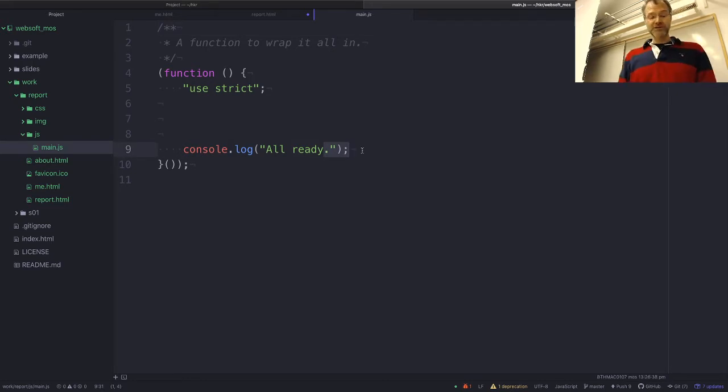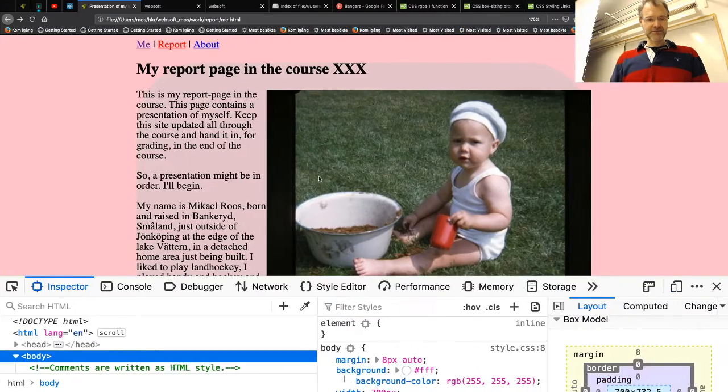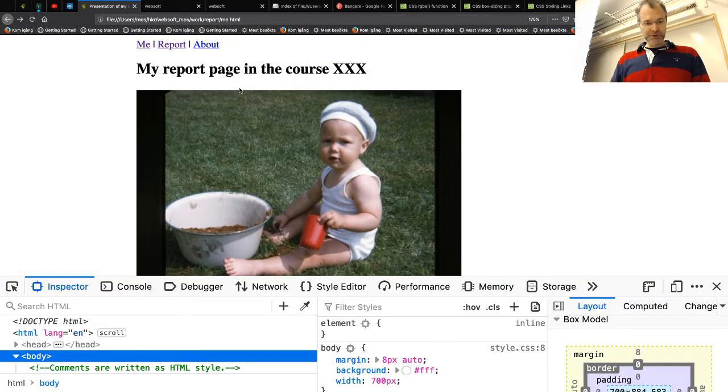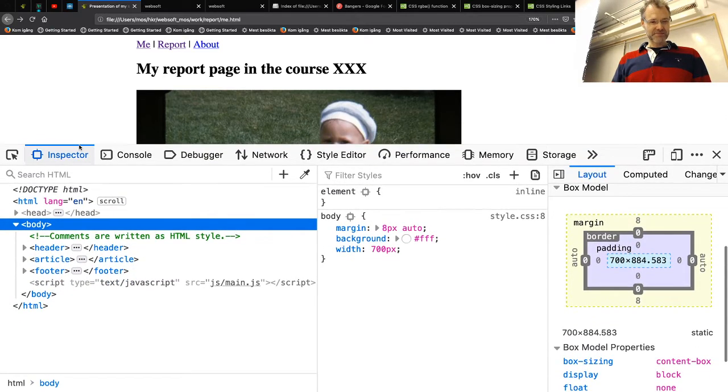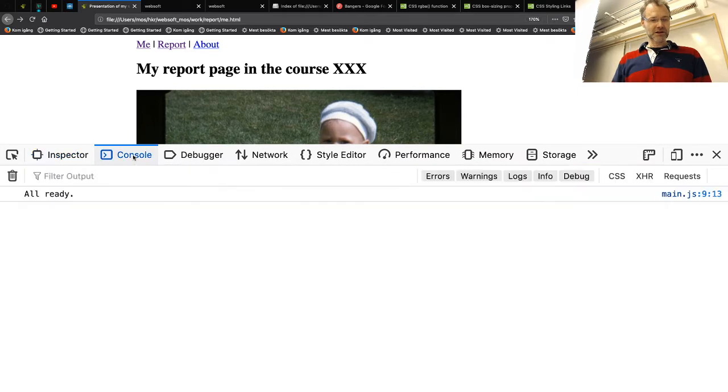And if I just want to see how that works, when I try to reload my page, there we go. I can open up the inspector. I have a console, and the console will print out. So it's a console log printing out the message. So it's a way to do easy debugging or putting up information from the JavaScript. Okay,